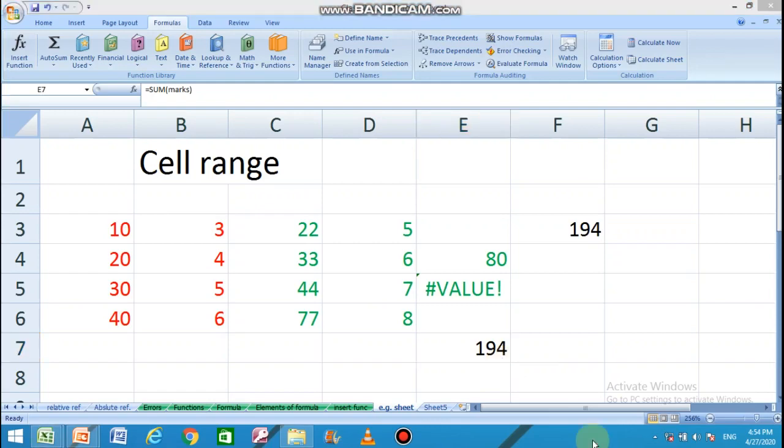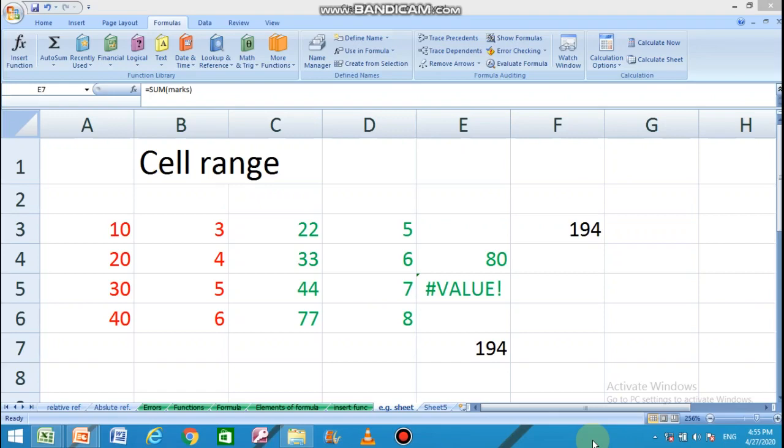Some points you should remember, students, that the range names are not case sensitive. Means if you write them in upper or lower letters, they are not matched with their cases. The marks written with capital M is the same as marks written with small m. The first character in a cell range name must be a letter, or it can be an underscore or a backslash.